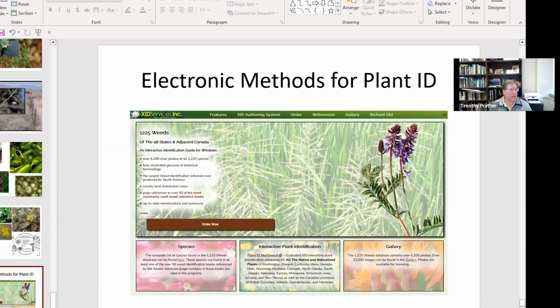And so what I'd like you to do is to think about something that we would all commonly be able to call up in our heads as a plant that we would know, which would be just our common dandelion. So let's take a look at how we might use a program like this to identify a plant like that. So one of the things that you'll see here in the upper left are